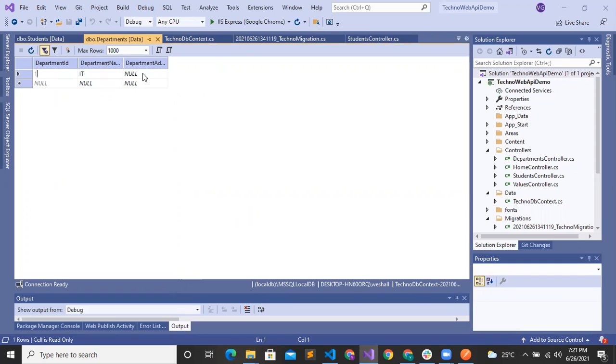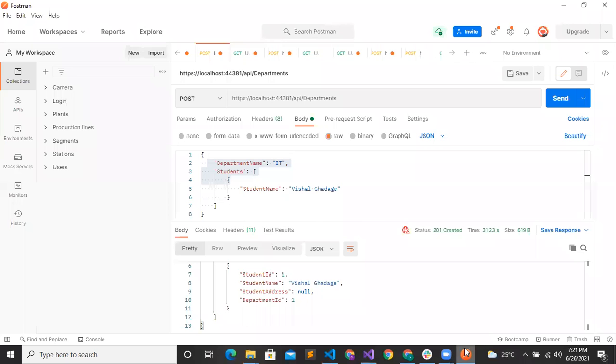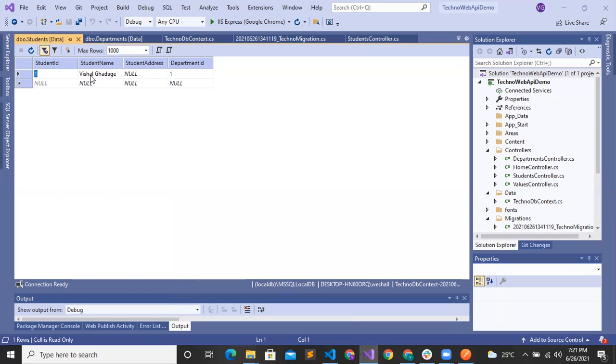We just sent the department name. In the student data, we can see the student is created successfully as Vishal Gadge, as we are sending from here. Also in the student object we are sending just the name, so it has created only the student name here, and it is referenced with department ID 1.